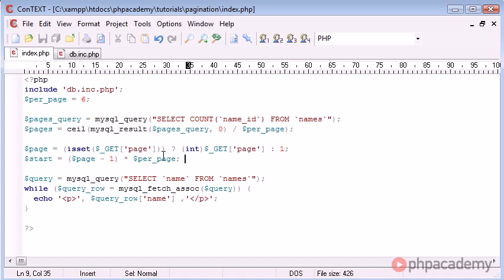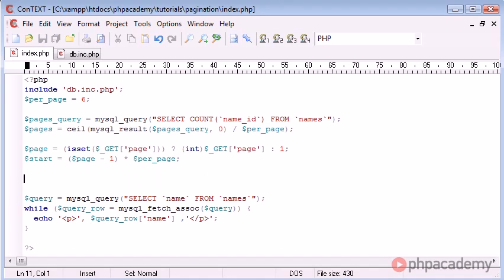So we will first of all go from 0 to 6. Then if the user specifies the page to be 2, then we're saying page -1, so that's 2 minus 1 is 1, times per page is 6. So we're then starting at record 6, and we are continuing on from there. Okay, so hopefully that makes sense. It's just a bit of mathematical logic, quite straightforward, but if you're not sure, you'll probably work it out a